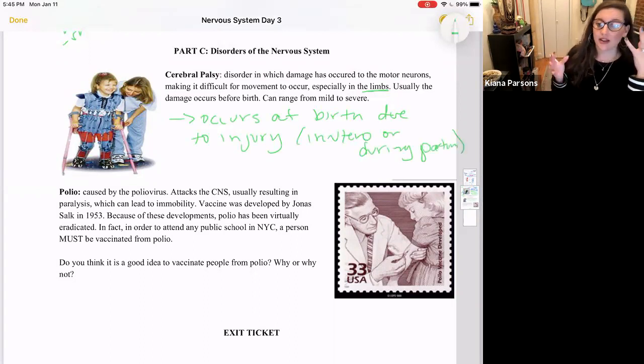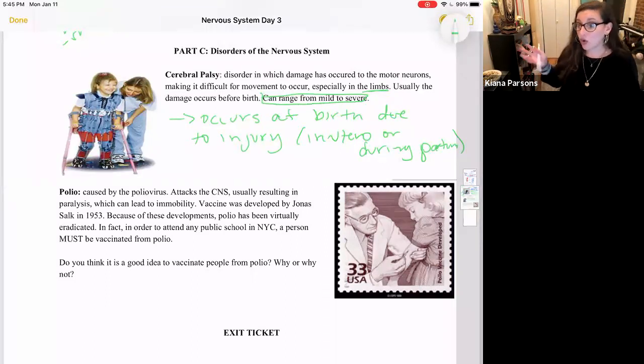So what that means is the range, it says here, ranges from mild to severe, depending upon the injury. If you've ever seen the show Breaking Bad, the son, Walt Jr., has cerebral palsy and he walks with canes. If you've ever seen the comedian Josh Blue, he's a stand-up comedian. He doesn't walk with any canes, although he does have a disability. He walks differently, atypically. But he is a stand-up comedian, so he is able to do that job, even though